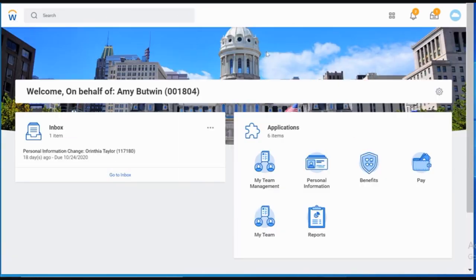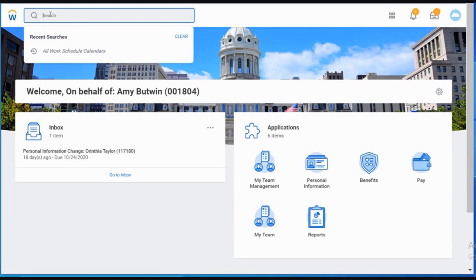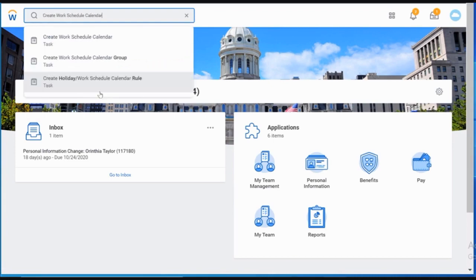The next topic we will cover is how to create a work schedule. In Workday, timekeepers can create, edit, and modify work schedules specifically for workers using the Create Work Schedule Calendar task. To create a work schedule, type Create Work Schedule Calendar in the search field. You may select the task from the search list, or you can click the magnifying glass and select the task